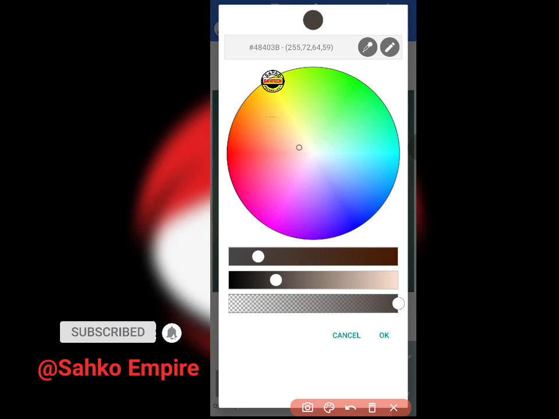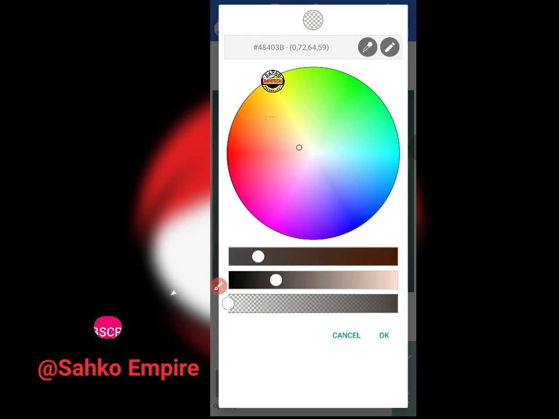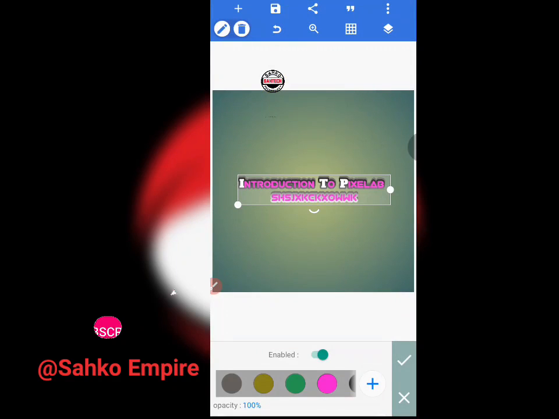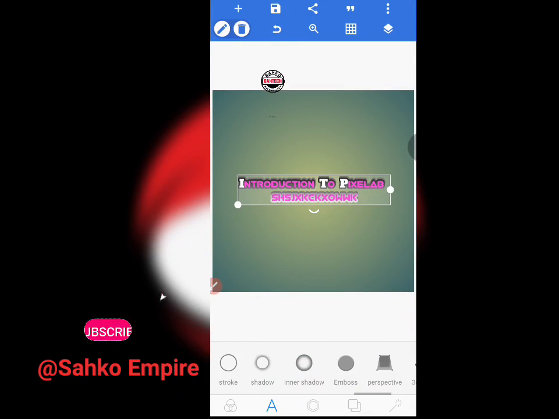You see, but this one is also, I would say, the opposite of the color. So I can choose to bring it this way to make the color transparent. You understand this as we move on, to make the color transparent. Okay, that's basically the stroke, the shadow.